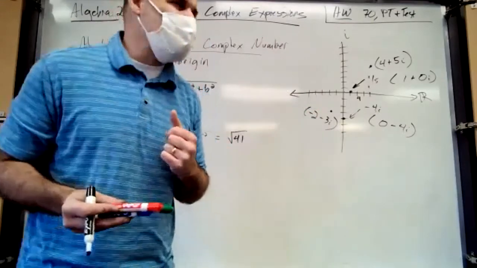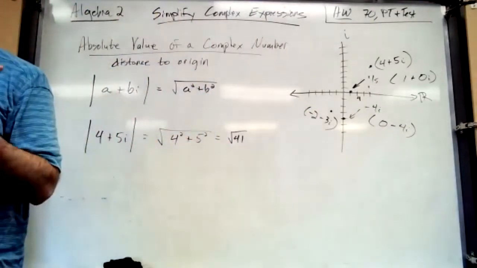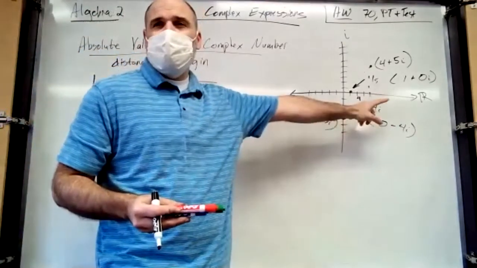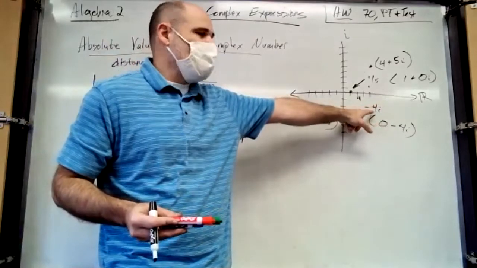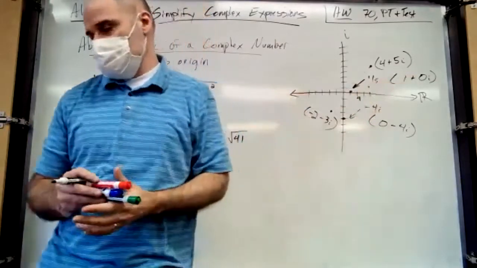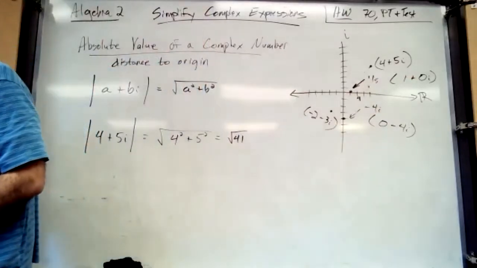If it doesn't have the other half of the complex number, the absolute value is just the absolute value of that thing. So the absolute value of negative 4i is just 4. The absolute value of 1 is just 1. Okay? All right, now,